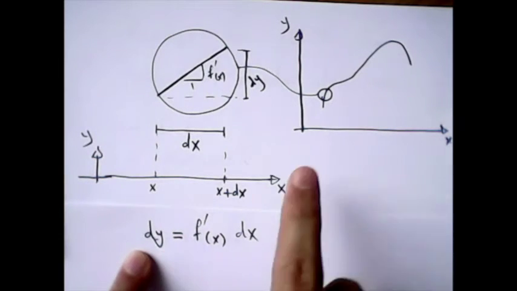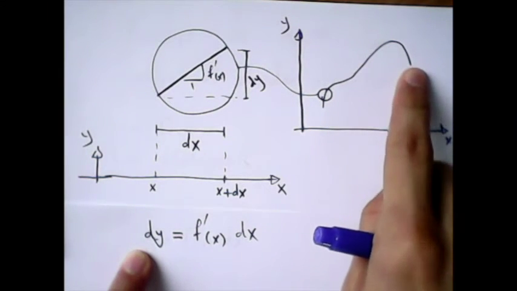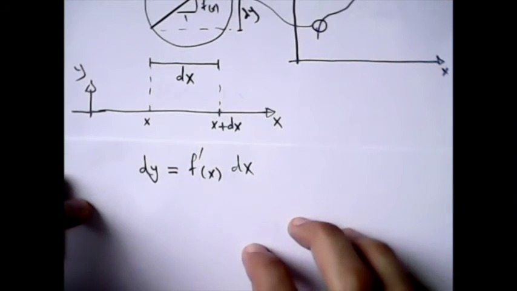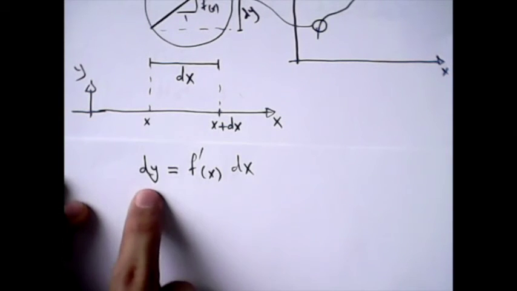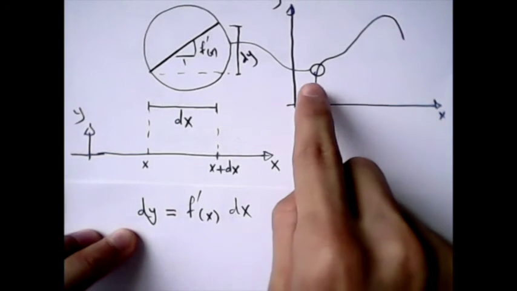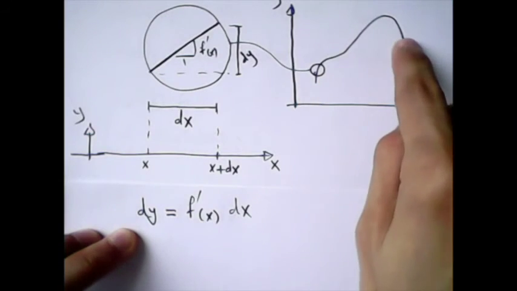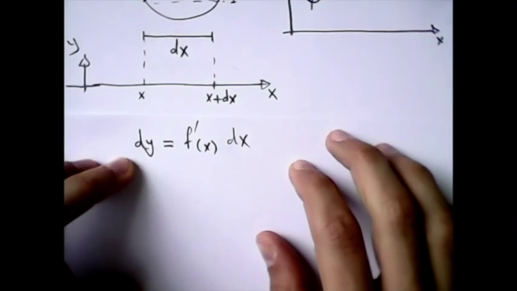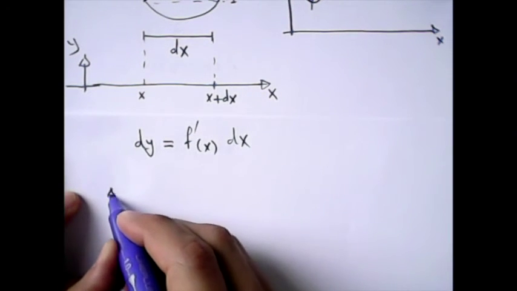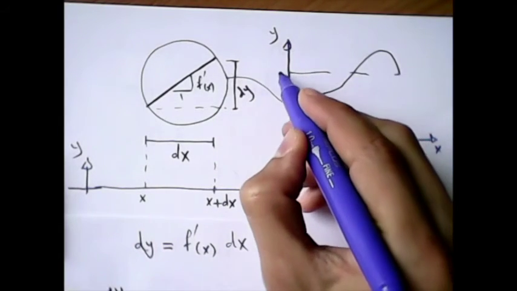How many tiny steps do we have to go from one side of the mountain all the way to the other? So many of them, an infinite number of them. So let me see if I can add all of these dy's together to get delta y, which was the difference from this point to this point. Let me add all of the dy's up. So I would like to say that delta y, which was this height here,